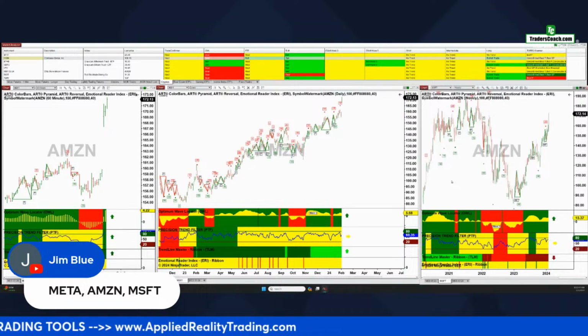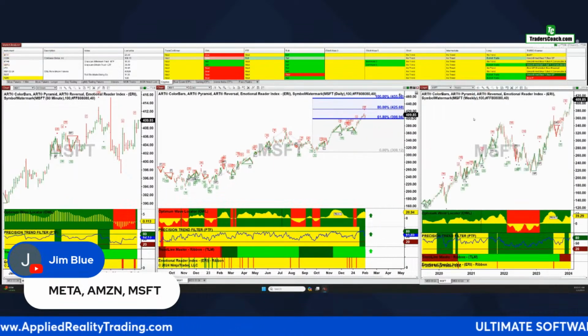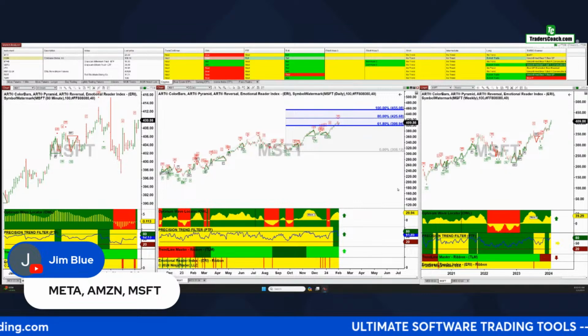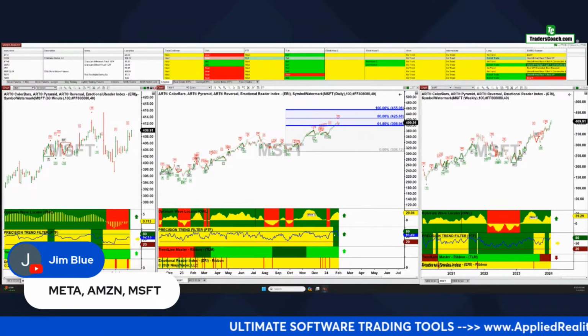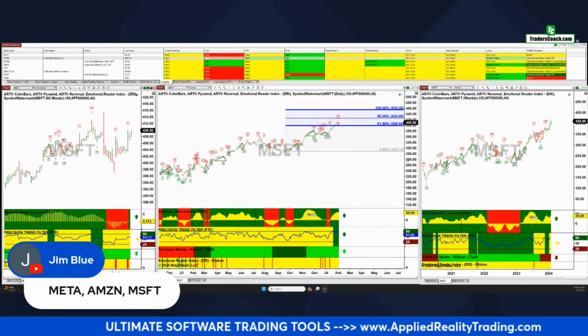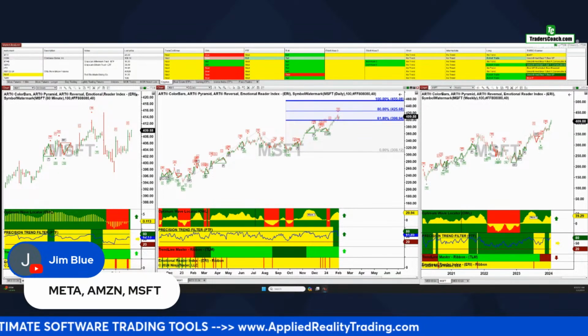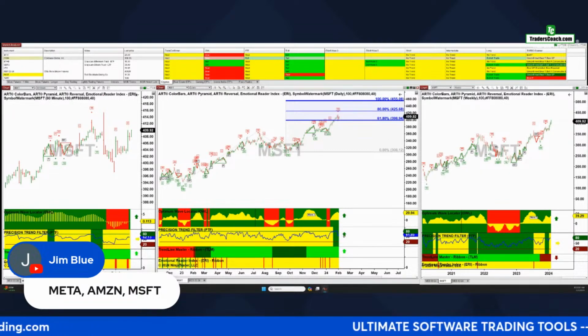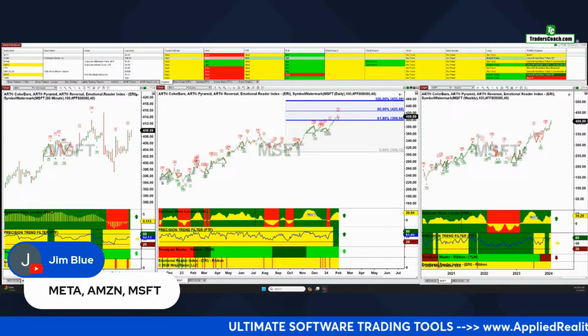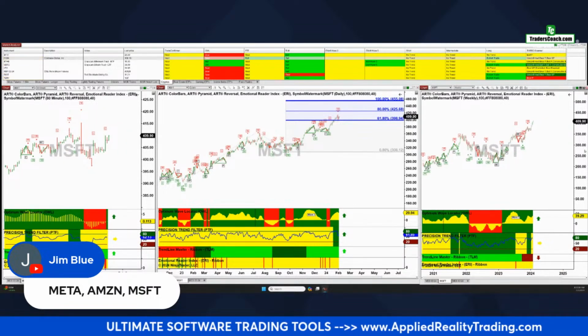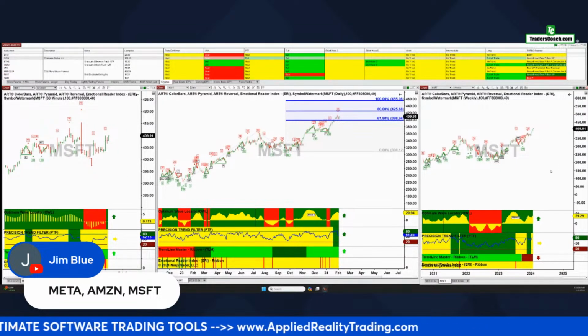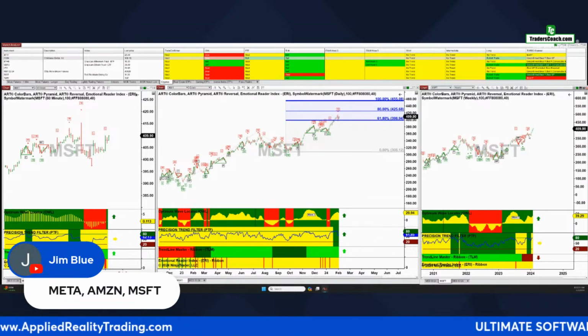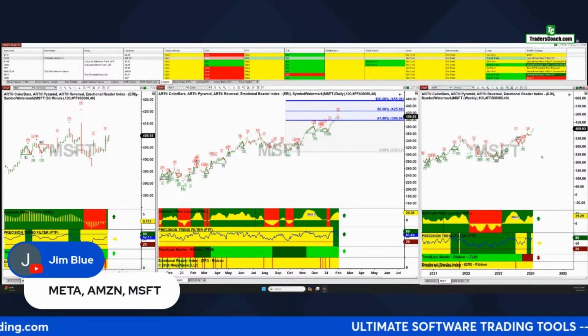MSFT. All right, Microsoft is in its target on the daily chart. Looks like it's going to go higher. Green PTF here, so you want to hold it. Stop can be right here on this pyramid, right around 366.49. Once another high comes, if this turns yellow, go ahead and start ratcheting a stop up for a scale out position, because you're getting near a pretty decent short-term top. All right, that's Microsoft.